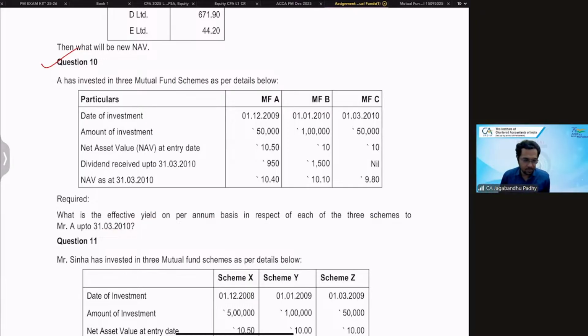Does it seem simple to you? Or is it challenging? Yeah, it's okay. Go ahead. The only thing is the date of investment is 1st December, which means 30th March, then it is four months. So whatever return you get, that is for 4 months. Then we have to multiply for the remaining year. You need to annualize it. And for the second case 3 months, third case 1 month. Correct. Perfect.